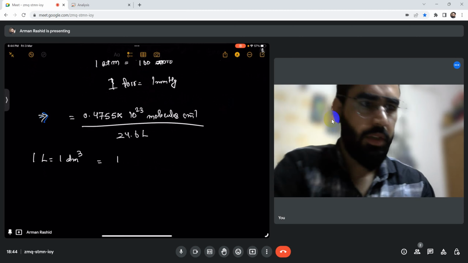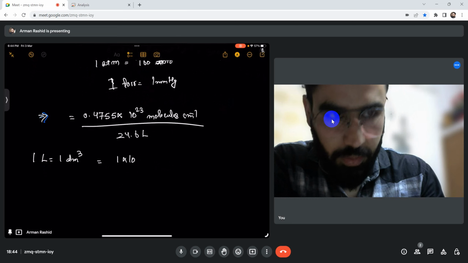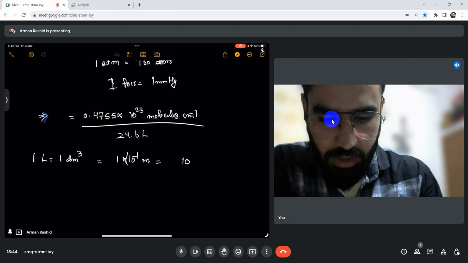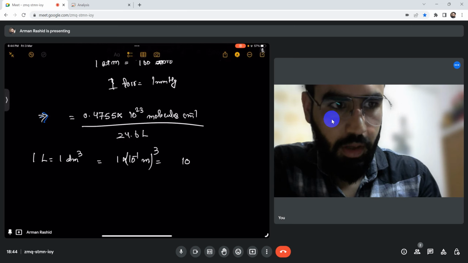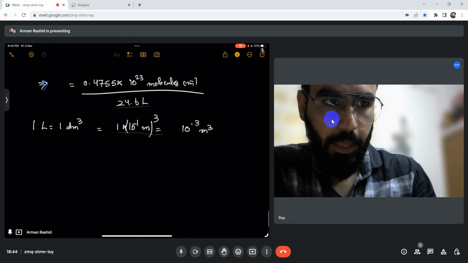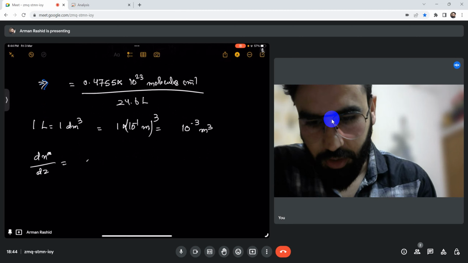Deci means 10 to the power 1. Okay, 1 into 10 to the power minus 1 meter, and this is cube, that is 10 to the power minus 3 meter cube. Okay, so put that value, we will determine the number density to be equivalent to